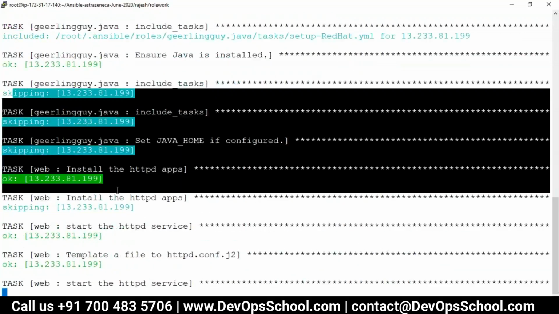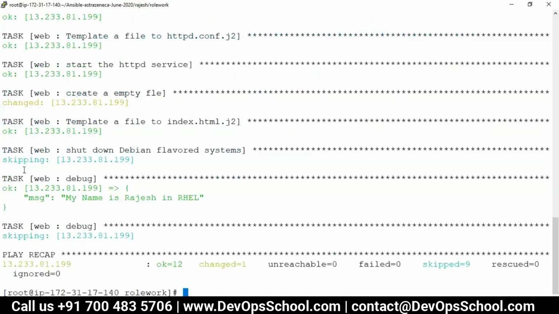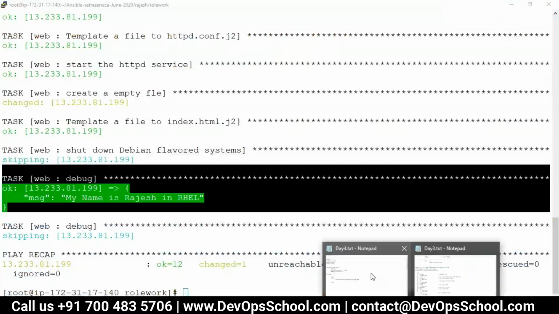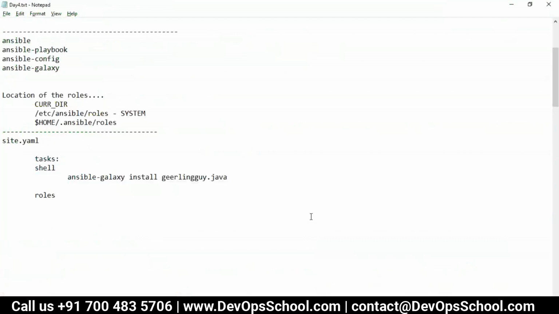Now first Girling guide has run and then web has run. So guys, did you understand the dependencies stuff, role dependencies? Guys, do you understand this?